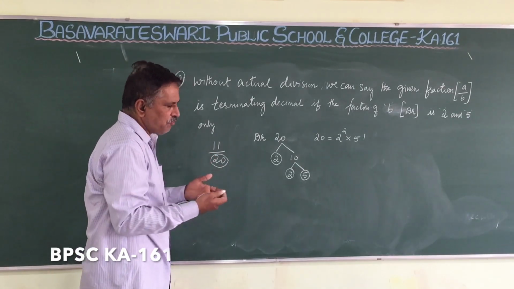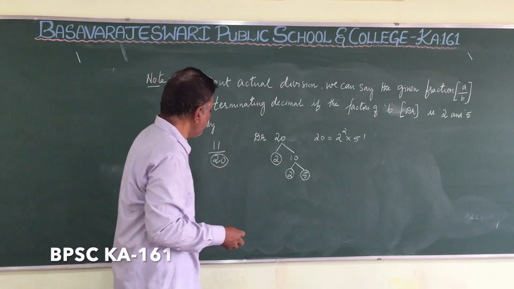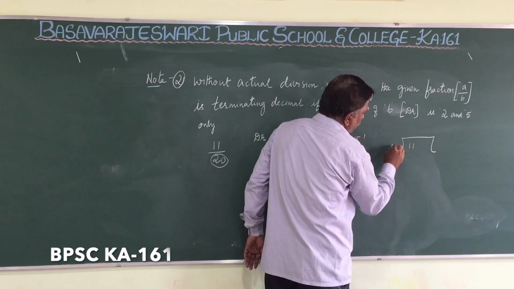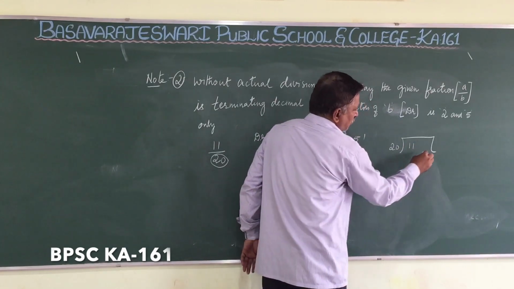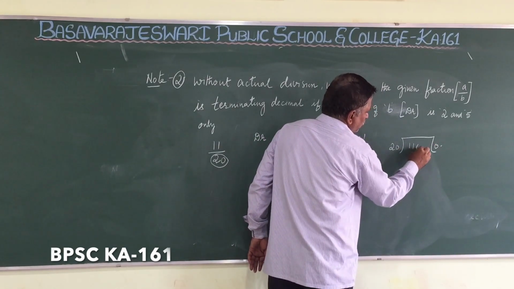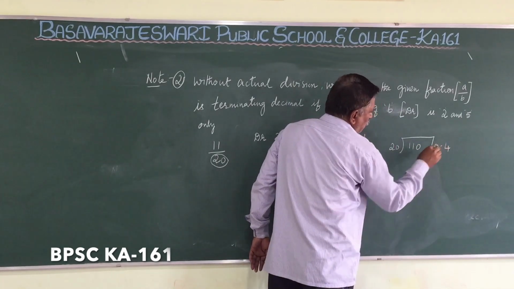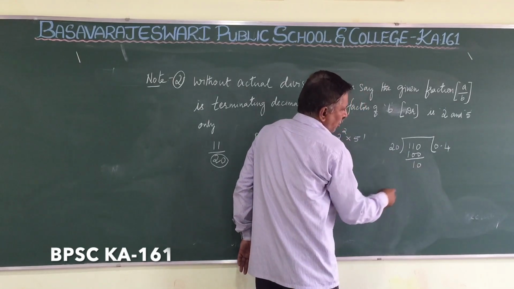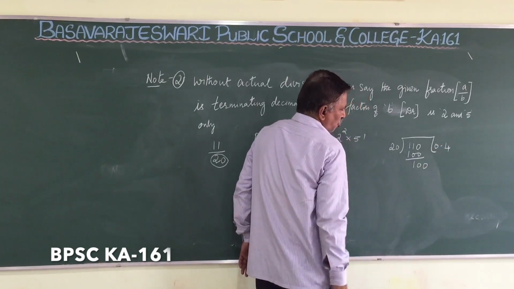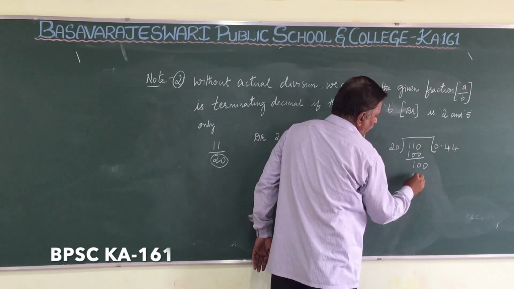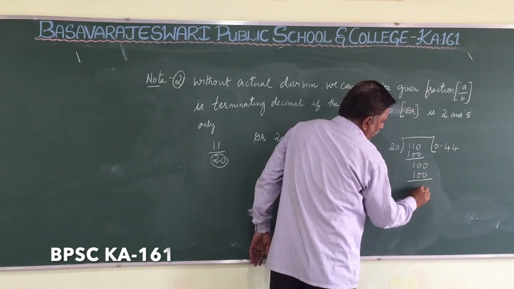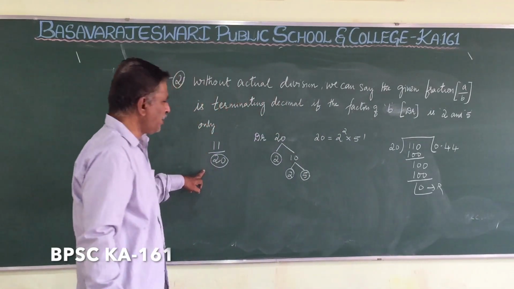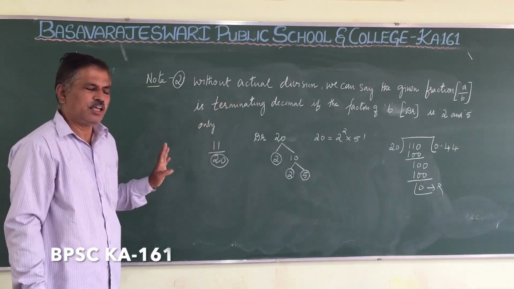Suppose I do the division, let us see whether we get terminating or not. 11 by 20, it is not possible, so put 0 and the decimal point. 20 fours are 80... 110, 20 fives are 100, 10 is the remainder. Already put the decimal point. Take 0, 100, 20 fives are 100. Here the remainder is 0. Definitely 11 by 20 is a terminating decimal.